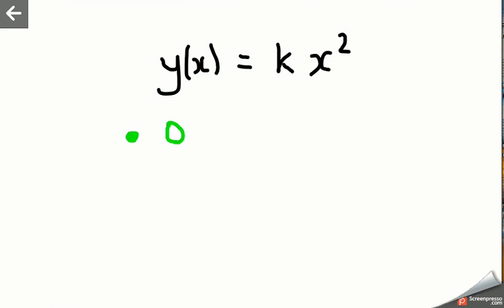Suppose that 0 is less than k is less than 1. Well, if k is between 0 and 1, then multiplying by k is basically the same as shrinking it. Think about if you multiply by 0.5. That's the same as cutting it in half, right? Actually, for any k between 0 and 1, you're reducing it when you multiply by k. So when you reduce it, the parabola